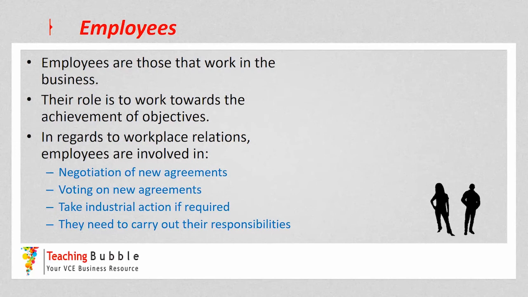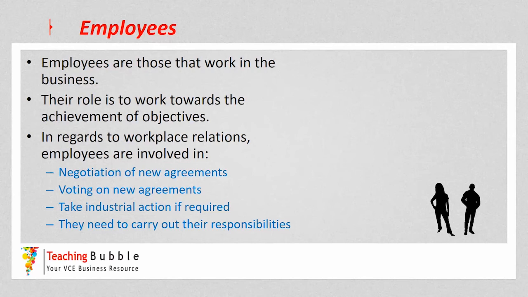So first of all, they might be involved in the negotiation of new agreements. Now, that could be directly, where they're directly involved in the negotiation of their own wages and conditions through an individual contract, which we'll get to in a later video. Or they may be involved in at least putting forward their ideas on what they want in an agreement in terms of the wages and conditions that they would prefer in there. They also would be voting on a new agreement. So once a business has actually put forward an agreement and said to the employees, well, this is what we're offering, then they would vote yes or no on that particular agreement.